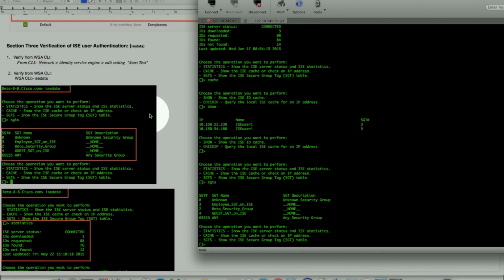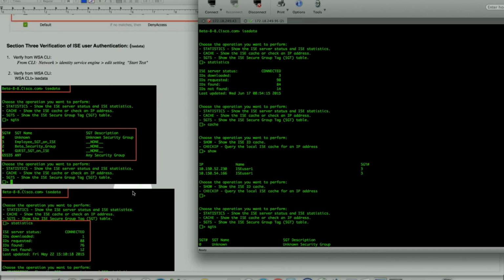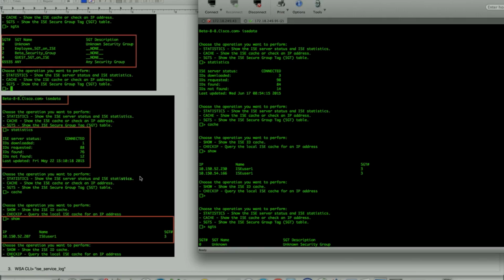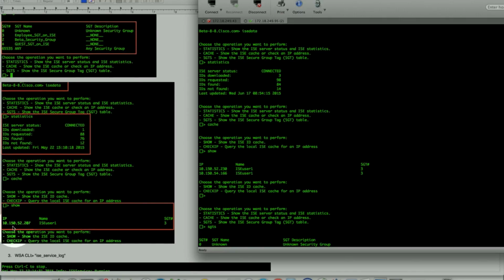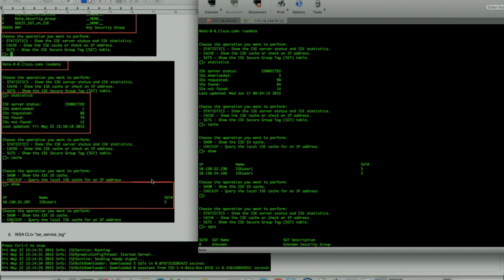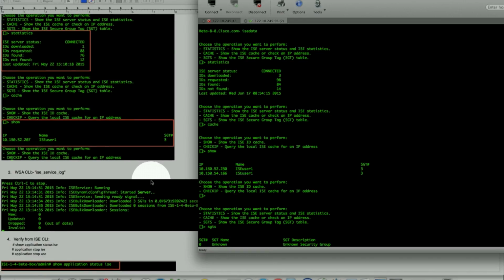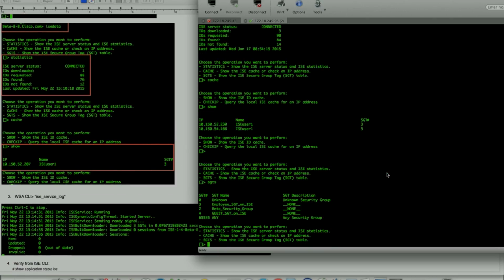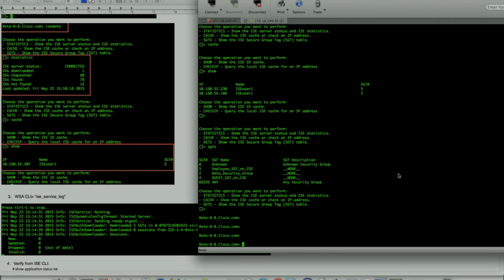Okay. And we saw this connected. If we do ISE data and then stats, some more screenshots here. The show will give you the IP address, and that's what we saw here on the right-hand side. Okay, so there is one more command, actually a log that has been added,